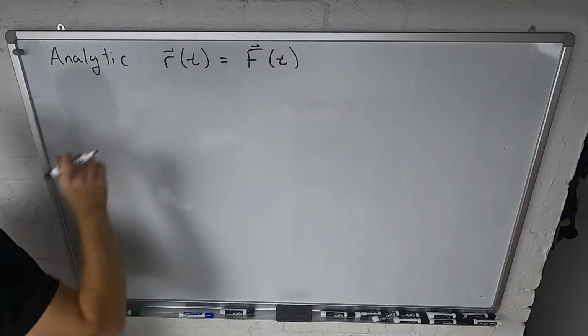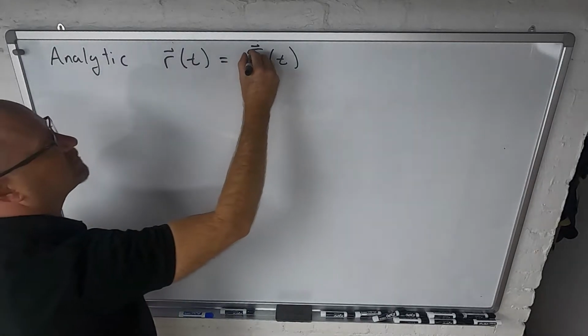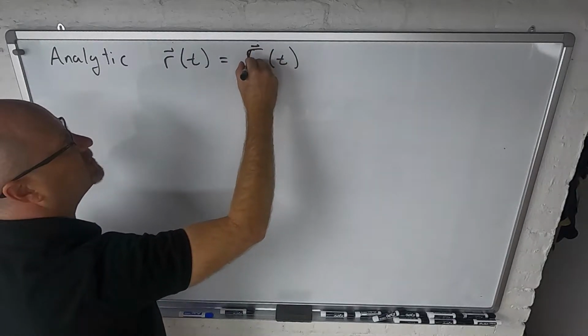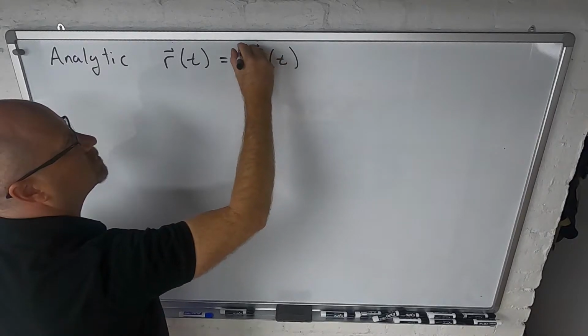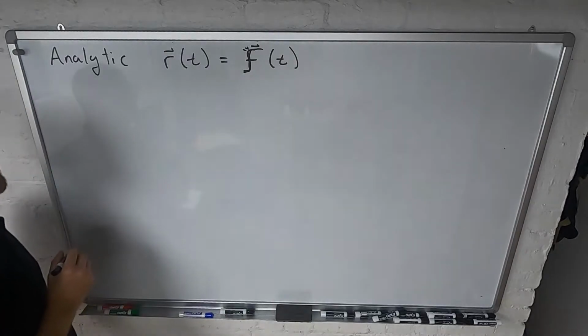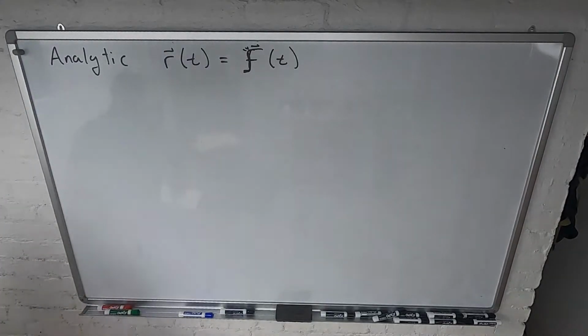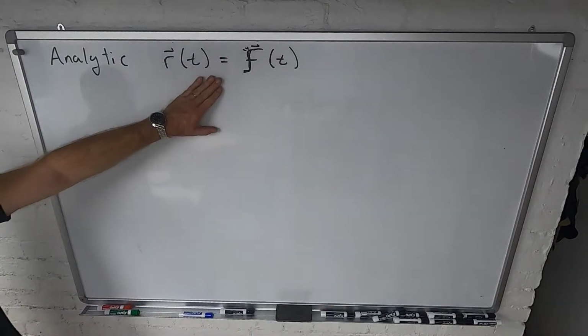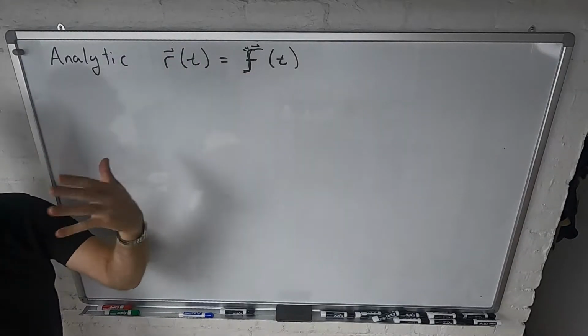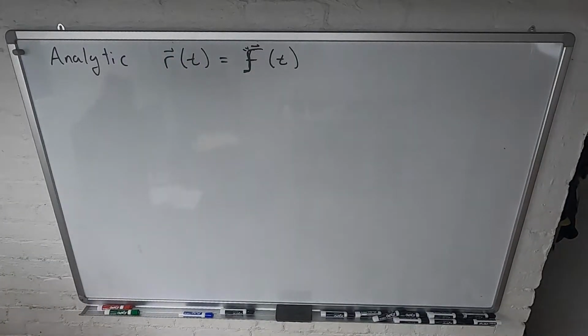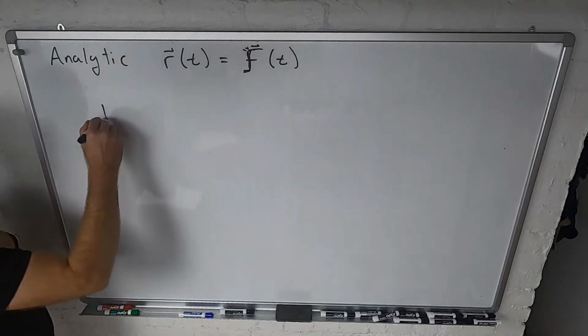The function will be this, and maybe I should make this a fancy f to disguise it from force. And I'll put a hat on it. There's a fancy function f. Okay, so fancy function f. That's what we want in the end. We want something related to something that's just continuous. So let's do it. I'm going to work in 1D,